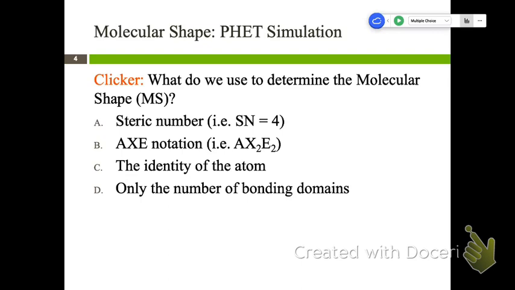So we have an interesting split between B and D. Would anyone like to argue for one of those over the other? Answer is B over answer D. Donald? Mine was B, because then you know how many bond pairs there are and how many lone pairs. Because you can't tell, let's say you have a tetrahedral, but you